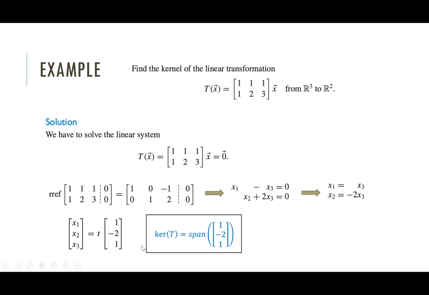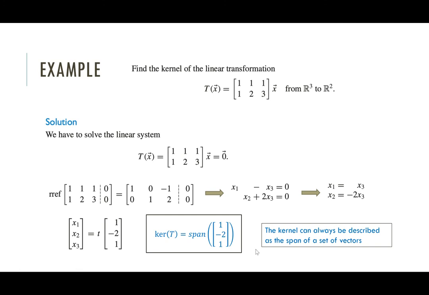So we could actually write the kernel as a span, just like we wrote the image as the span of some vectors. The kernel is the span of this vector (1, -2, 1). Normally you think of linear combinations as having multiple vectors, but if you just have one vector, the set of linear combinations is just the set of multiples of that vector. And this is something that's going to be true in general: we can always describe the kernel as the span of a set of vectors. The reason that ends up being true, and this is going to be totally hand-wavy, is